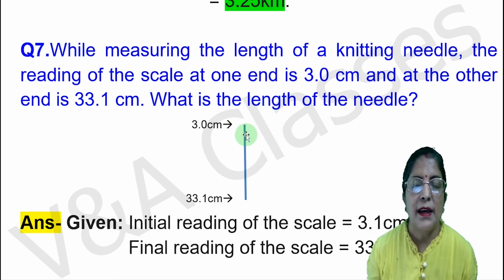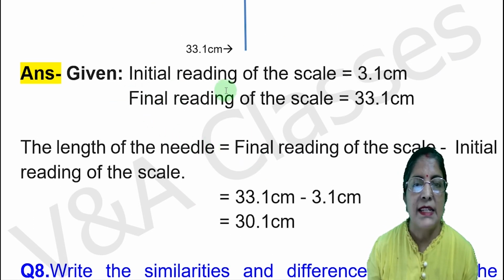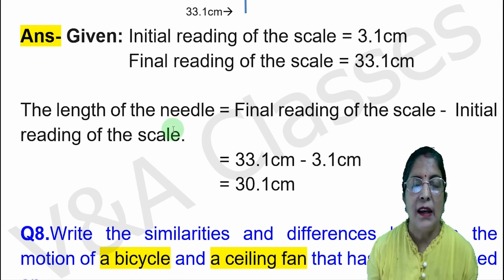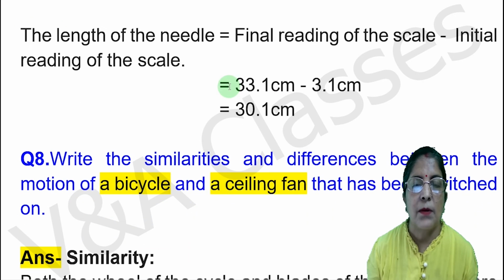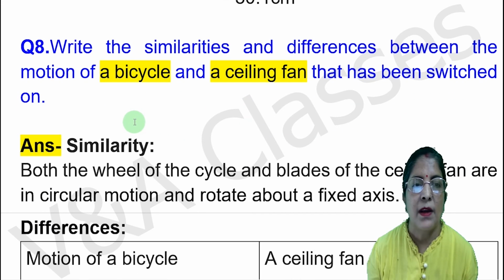हम लोग assume करते हैं कि ये knitting needle है और इसके एक point पर 3.0 सेंटीमीटर हो रहा है और दूसरे point पर 33.1 सेंटीमीटर हो रहा है। अब इसको solve करेंगे। पहले given लिख लेंगे। Initial reading of the scale equals to 3.0 centimeter, फिर final reading of the scale equals to 33.1 centimeter। हम लोग को length निकालना है needle का, तो उसके लिए formula बना देंगे। The length of the needle equals to final reading of the scale minus initial reading of the scale. फिर दोनों के value को put कर देंगे। So 33.1 centimeter minus 3.0 centimeter, फिर इसको subtract कर देंगे। Subtract करने के बाद आ जाएगा answer 30.1 सेंटीमीटर।